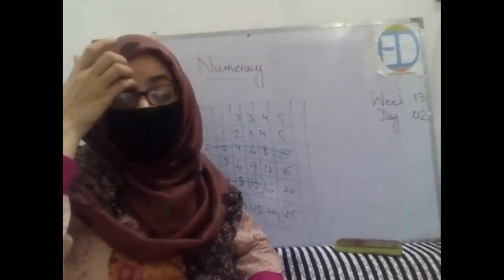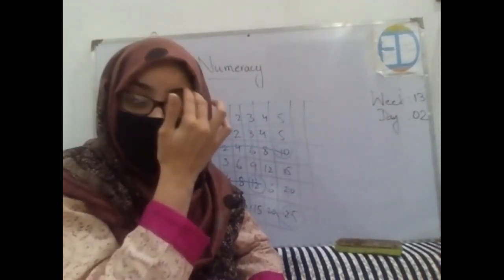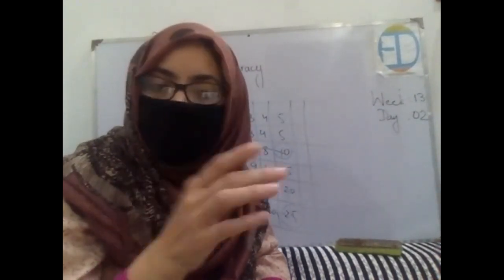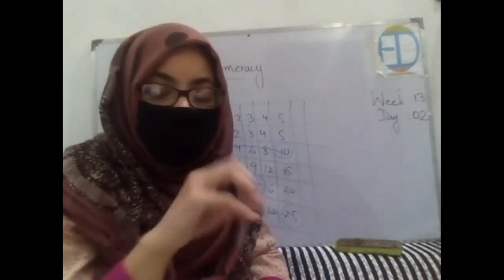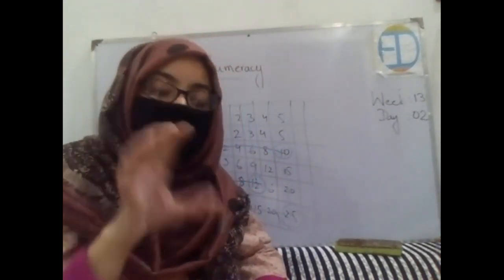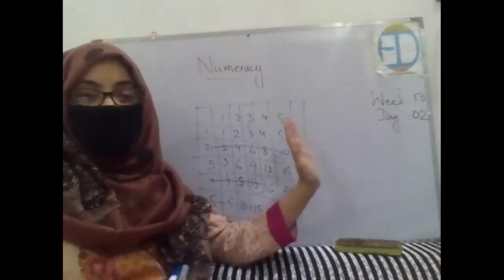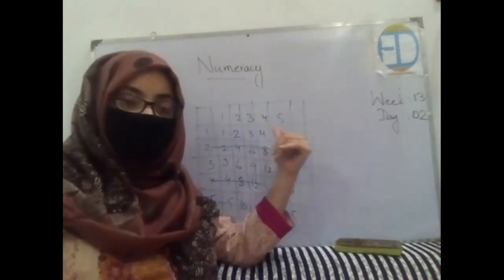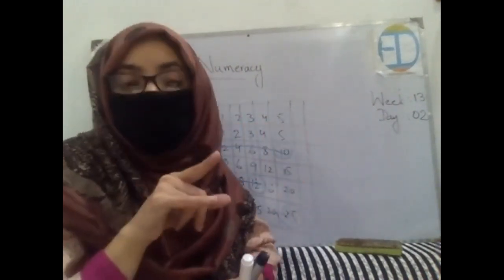But the important thing is that you are supposed to make that multiplication table for yourself, right? This doesn't mean that you are not supposed to memorize the tables or remember the things. You are supposed to write these tables by yourself, like I have written in front of you. I know the table of 2, I know the table of 3, 4, and you are also supposed to memorize this, right?